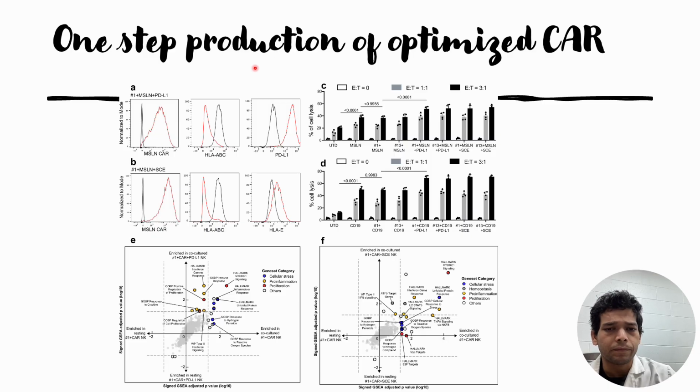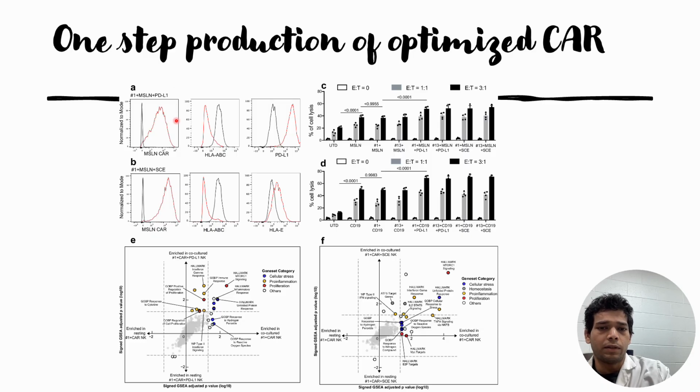And also they have the information about the overexpression of either PDL1 or SCE, and I have also already said that they have the information about suppressing HLA-ABC. So they did their studies with two different CAR constructs, one targeting CD19 and one targeting MSLN antigens, and they checked their efficacies, and the results show, as per expectations, overexpression of